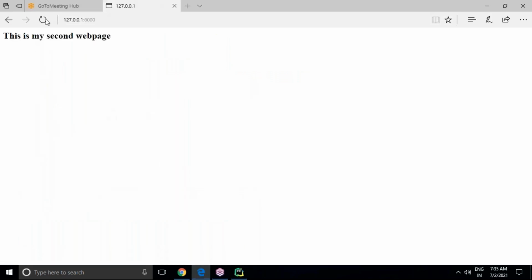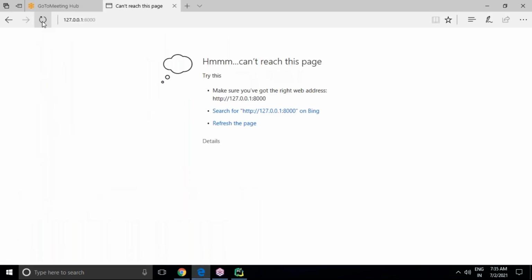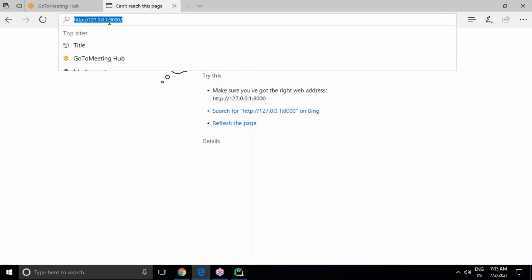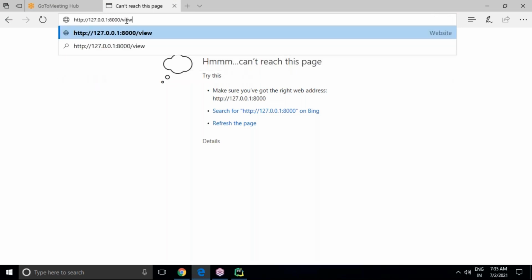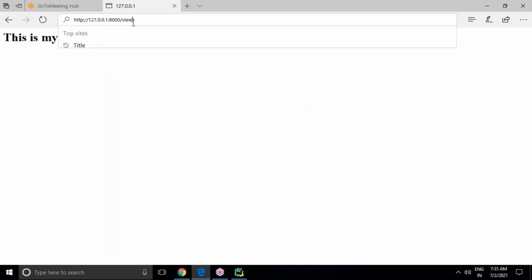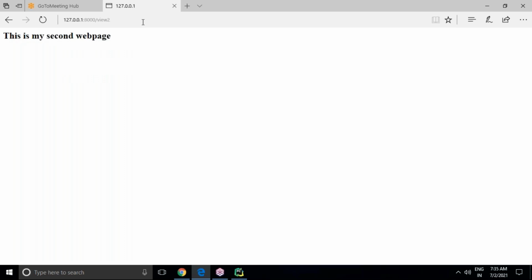Let's go to the browser, and now you can see the page is not found, because we have mentioned only this address but not any particular view name. So I have to mention view 1 here, then view 1 is created, and view 2 here, then view 2 is created. The result is coming. Whichever we mention, that is what comes. That's the reason when we have multiple views in your views.py, it is better to go for view names clearly, and you can mention them.